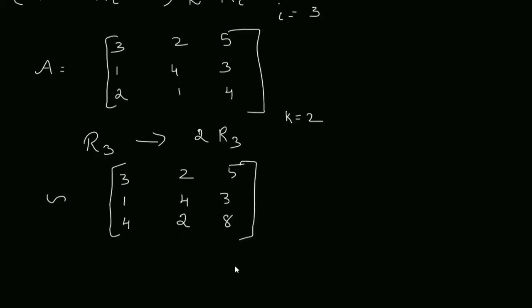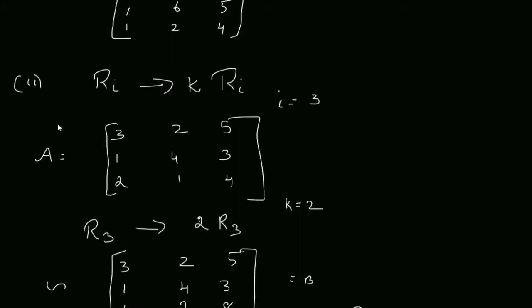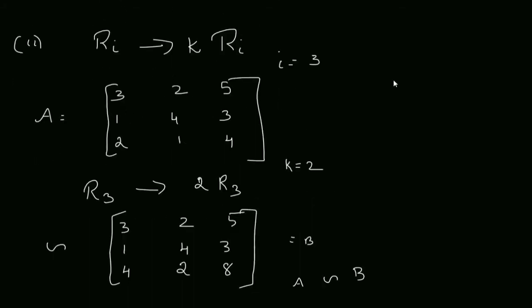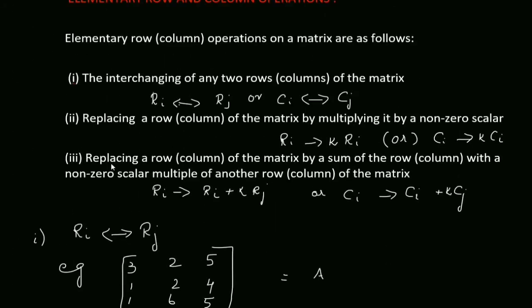Okay. So this is the second property. The new matrix that we got will be equivalent to the given matrix. A matrix and B matrix are equivalent matrices. Again, they are not equal matrices, they are equivalent matrices. Now the same thing is applicable for columns also. Whatever we are doing for rows, we can apply for columns.